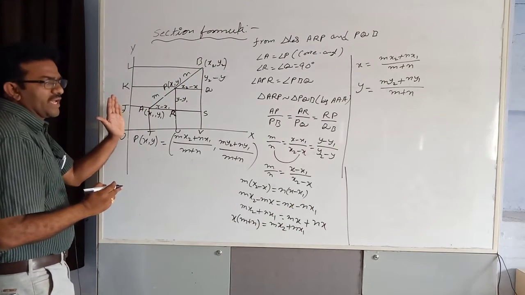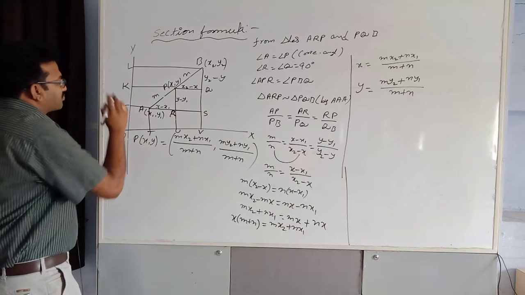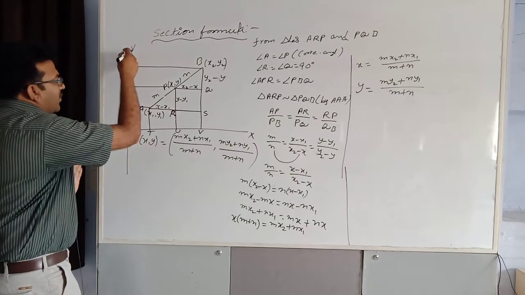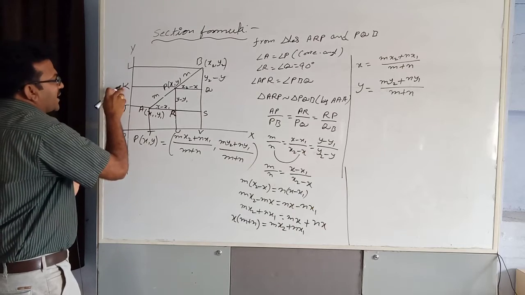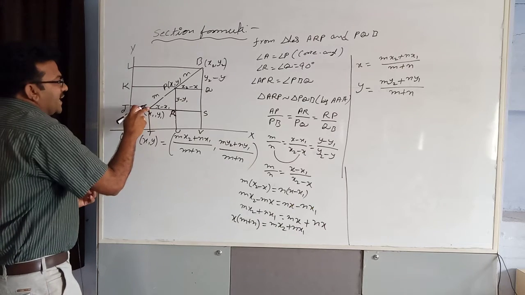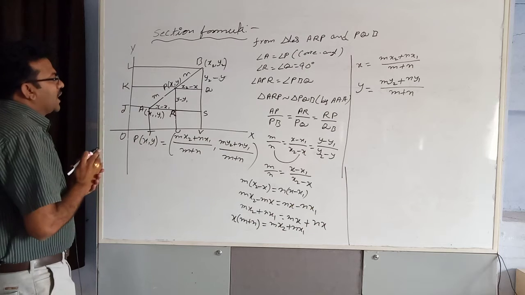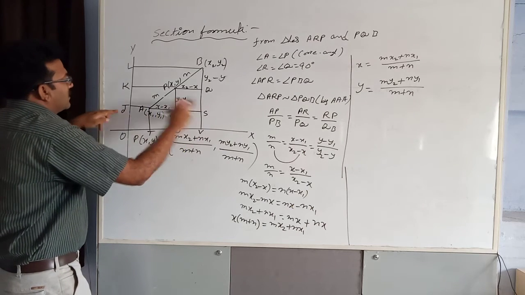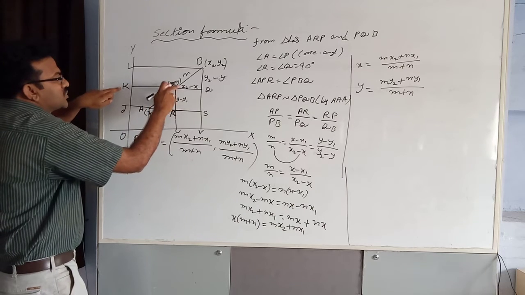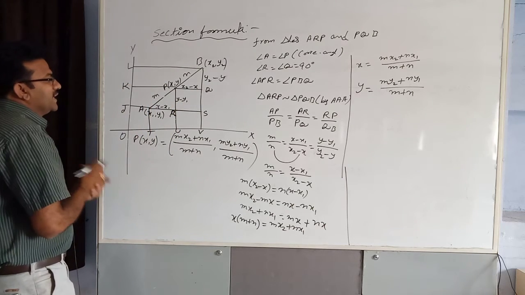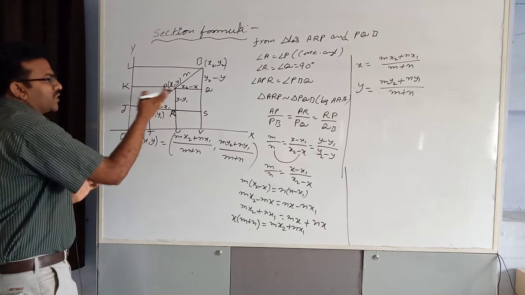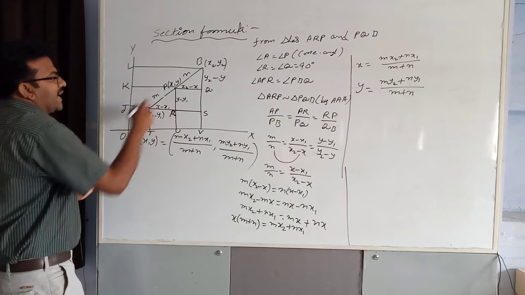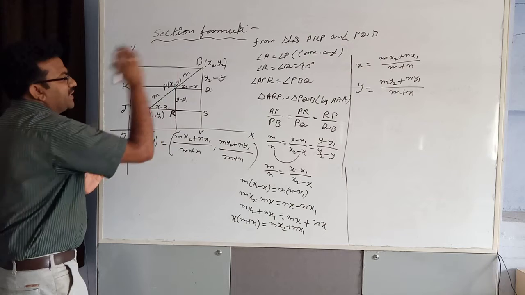Similarly, we are going to take perpendicular lines from the y-axis J, K, L to A, P, B, and also JA is produced to R and S, KP is produced to Q. So finally, we are going to get here two triangles. One is ARP, another one is PQB.